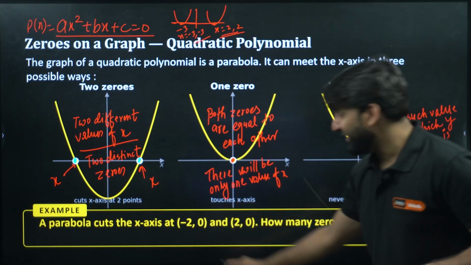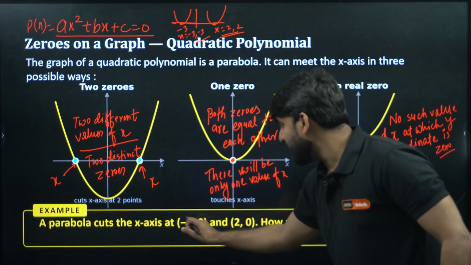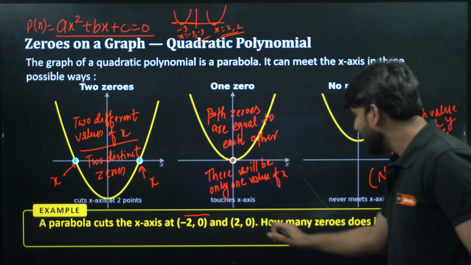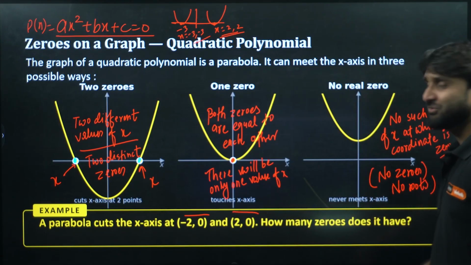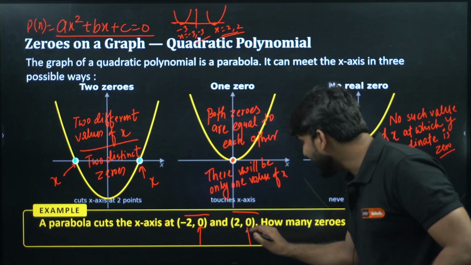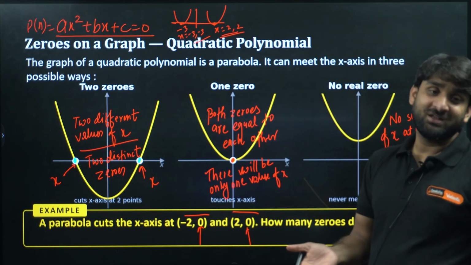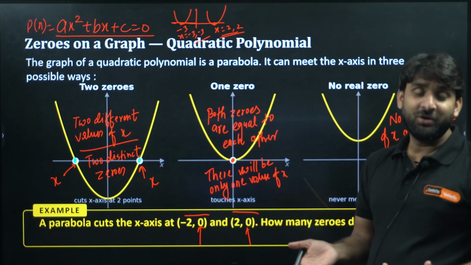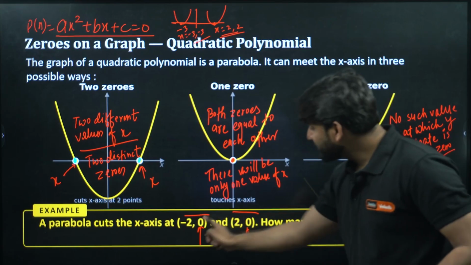So my dear champion, look at the question. This parabola is cutting the x-axis at this point and at this point. How many zeros? Can you see here? This y coordinate is 0, and here also the y coordinate is 0. So if the y coordinate has become 0, the x coordinate will be the